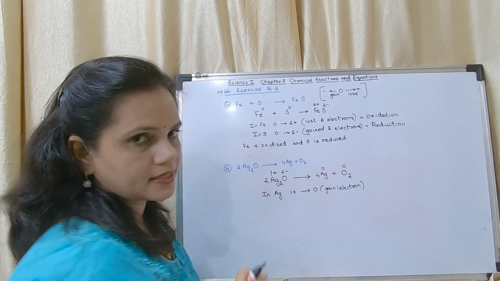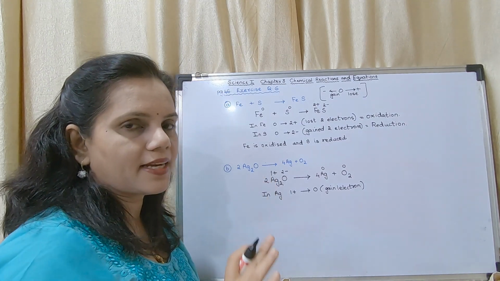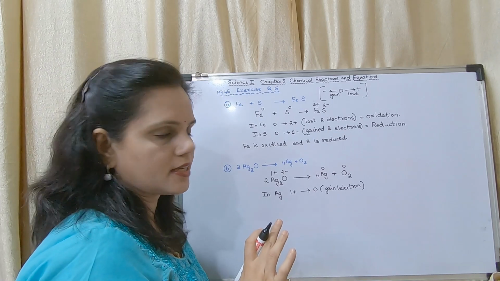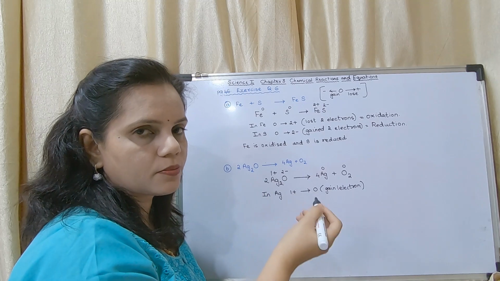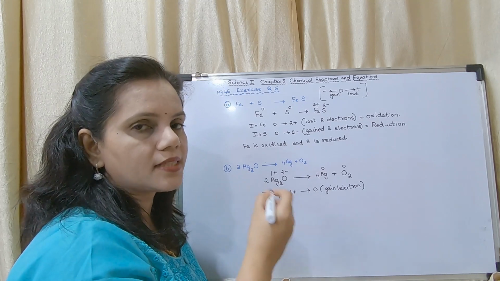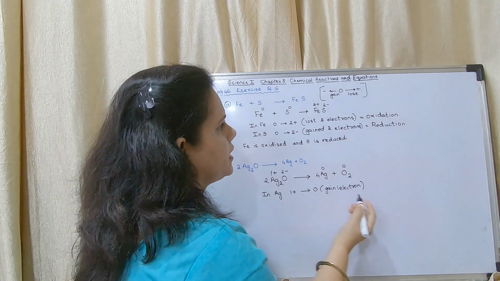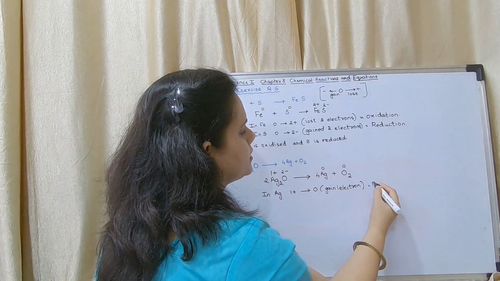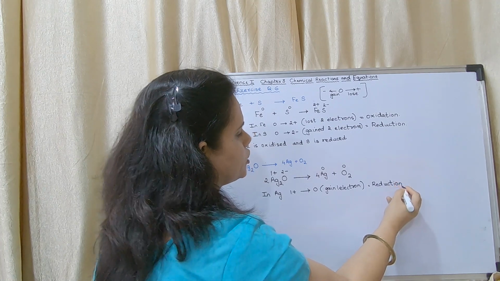This 2 will balance it. Okay, that balancing is not there for us in our syllabus. So we have to just understand the movement from plus to minus, minus to plus, or 0 to plus and 0 to minus. Now plus to 0, it has to gain 1 electron, which is reduction. As it is gaining electron, it is reduction.